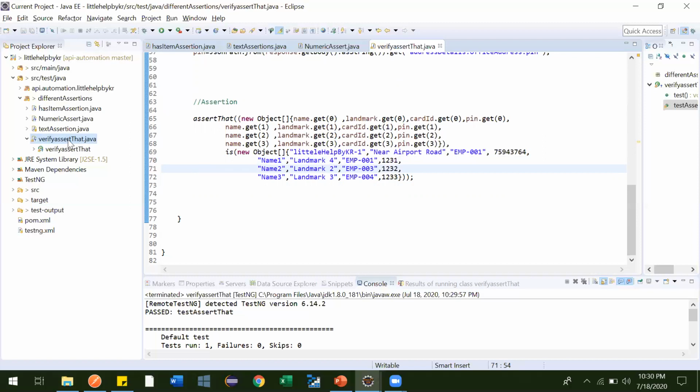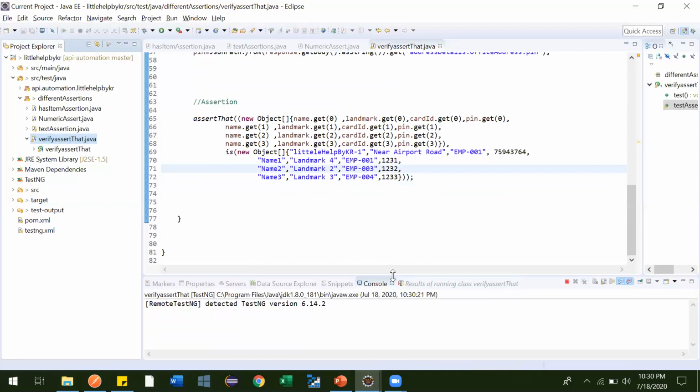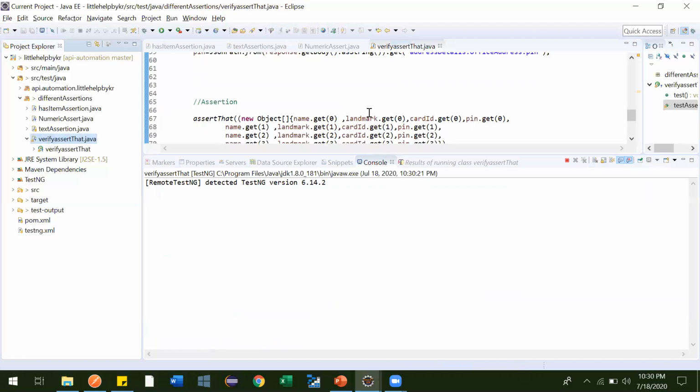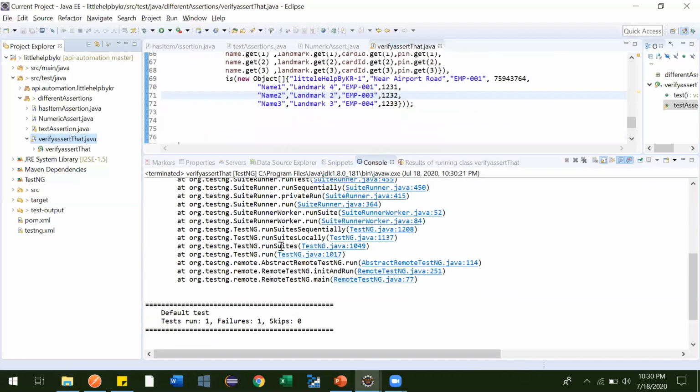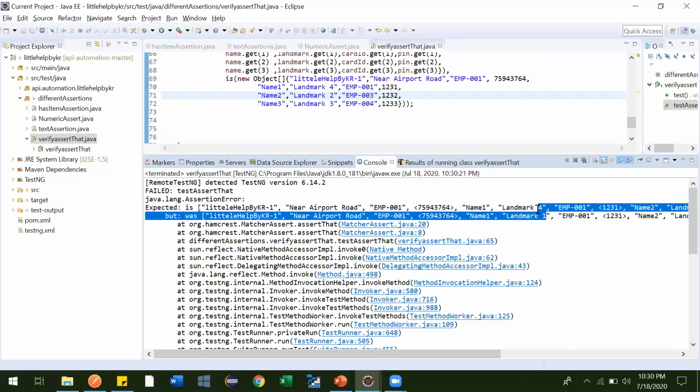Again, see how it will come in the response. It will fail and it will show you what your expectation was. See here how it is coming. Your expectation was this one, the first line, and your response is this one. This is fine, this is fine, this is fine. The problem is here.